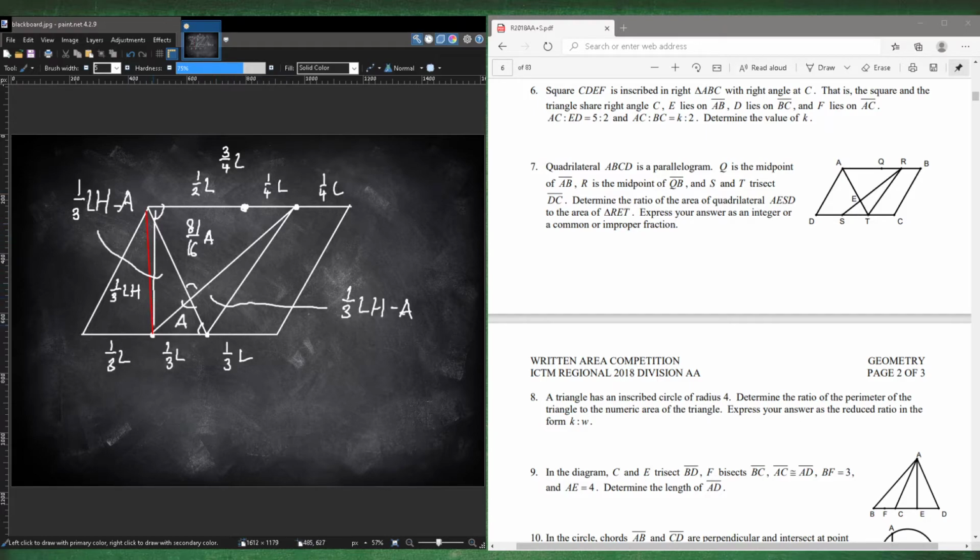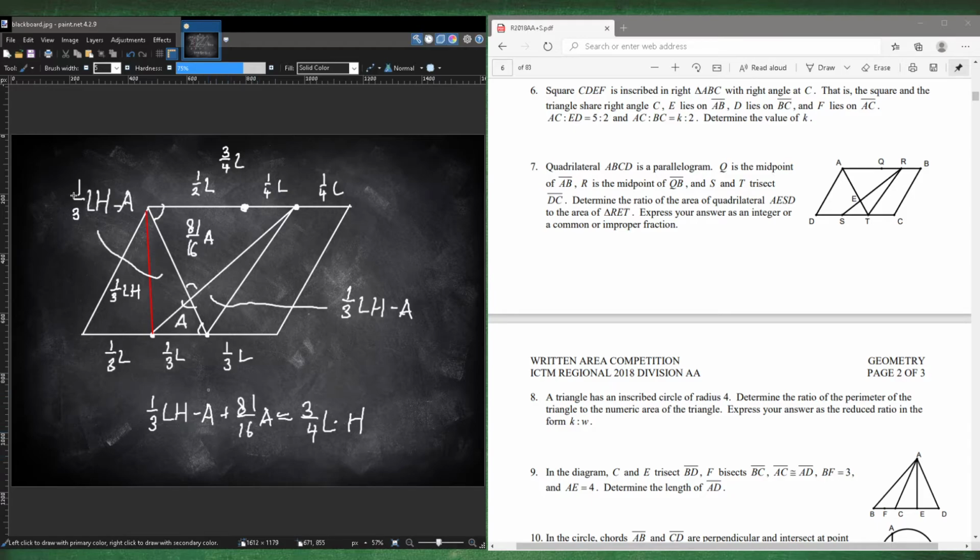We know that this triangle also has a height that's h. So we know that this area, which is 1/3 LH minus A plus 81 over 16 A, is equal to 3/4 L times your height, which is h. And now we could find